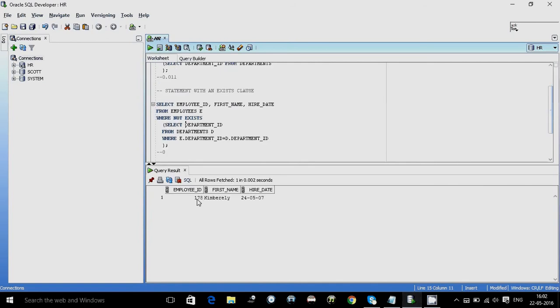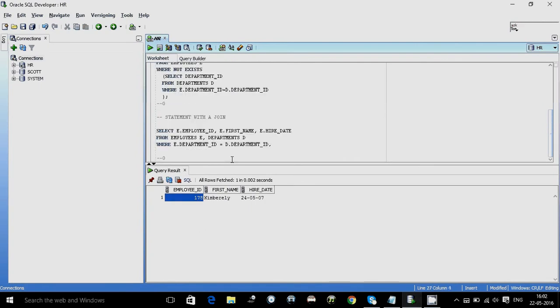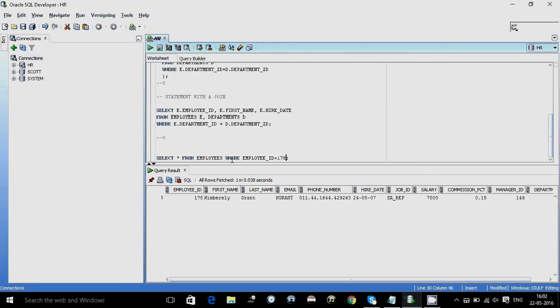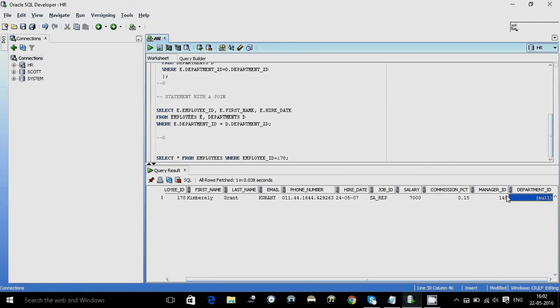As you can see, employee ID 178 has department ID as null. If we query here, in the last column the department ID is null. Now null is not 0, null is not empty, null is the absence of data.